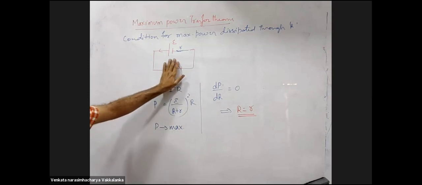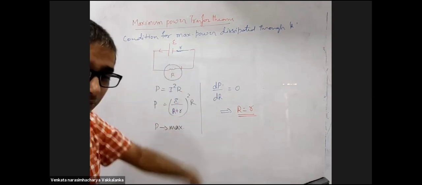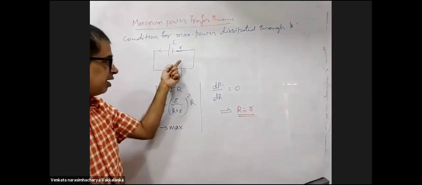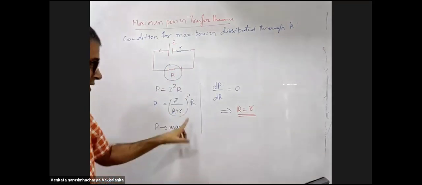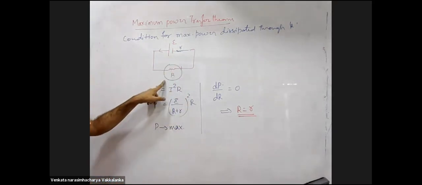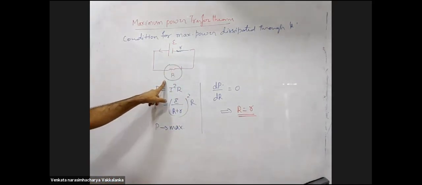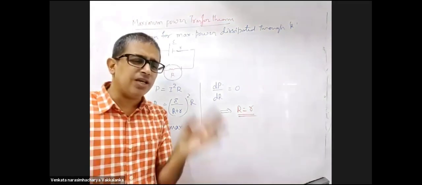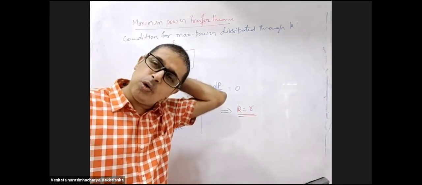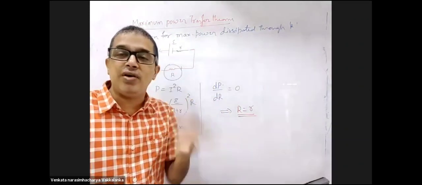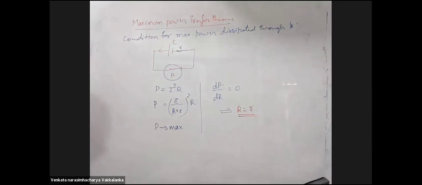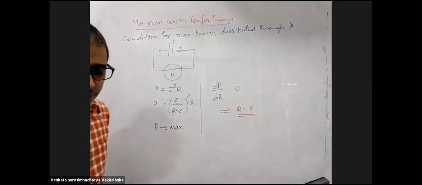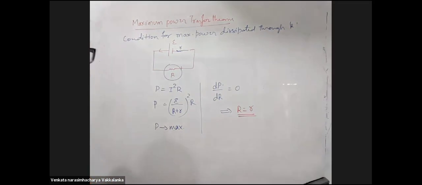Suppose I decrease R, current will decrease, power will decrease. I increase R, current will decrease. Or it's like playing with x into y. A function depends on both x and y. Where will maxima come? Somewhere in between, right? That is the adjustment here. Well, this can be proved only mathematically. Physically, to explain that, I am not sure.